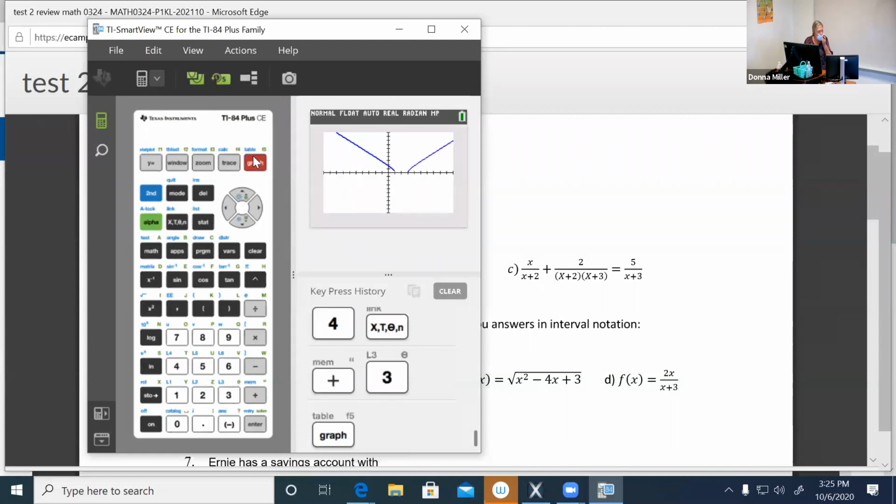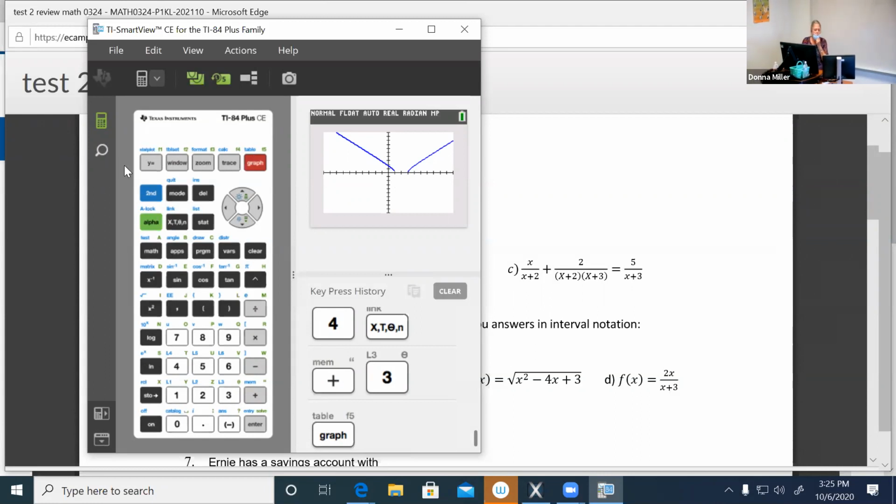Looking at the graph, you can see that x is good except between 1 and 3. So I know I go from 1 down and from 3 up. There's my domain. I can see it on the graph. It's easy enough to do. Another thing you can do, just with a calculator,